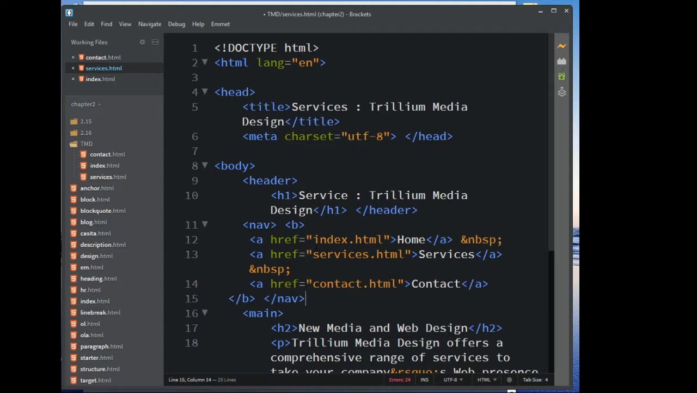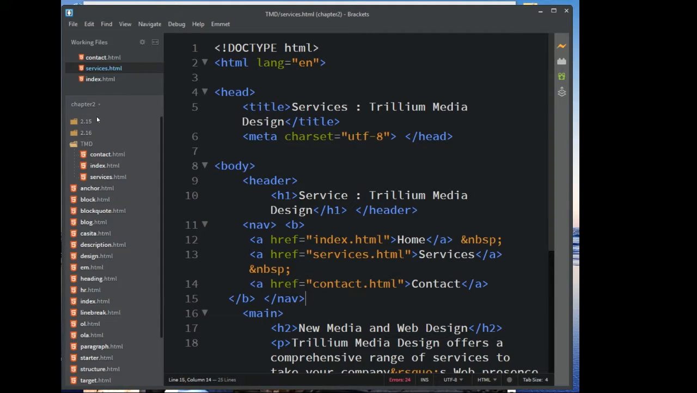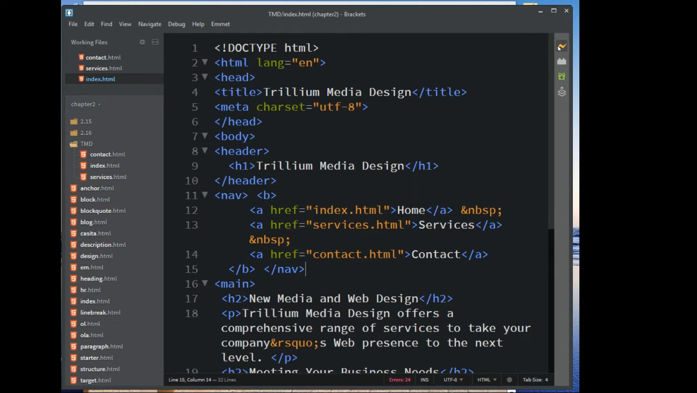Okay, so here we have all of these. Now you can see these all need to be saved. We're going to do File, Save All, and we have our first navigation set up. So if you go and you view the index page,